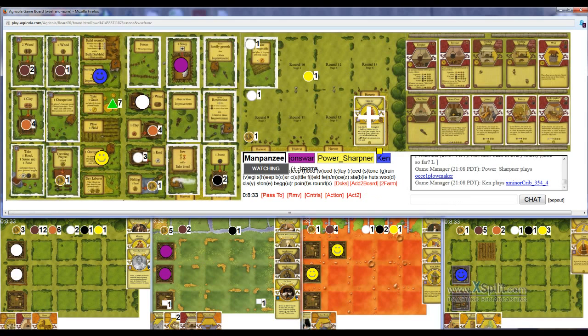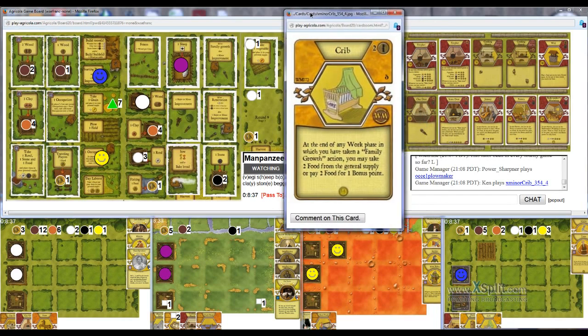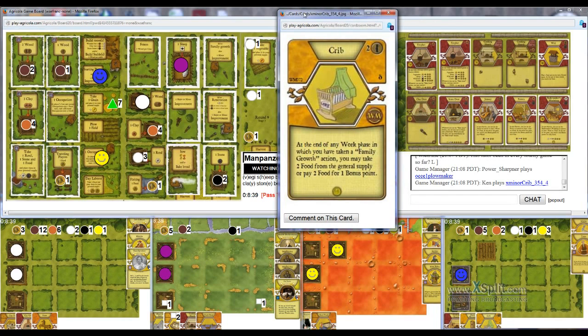So, to try to get another room, if he takes the 2 wood, he can build a room with it now that he has 4 animals. I wonder. So Ken just played the tutor with his scholar, which is obviously excellent because he can continue to play